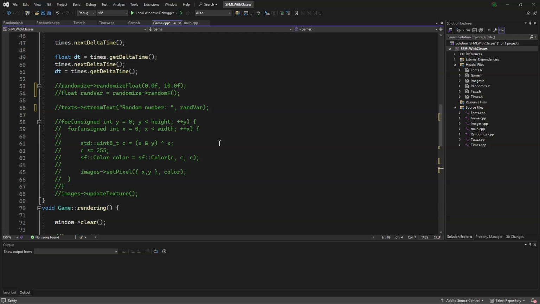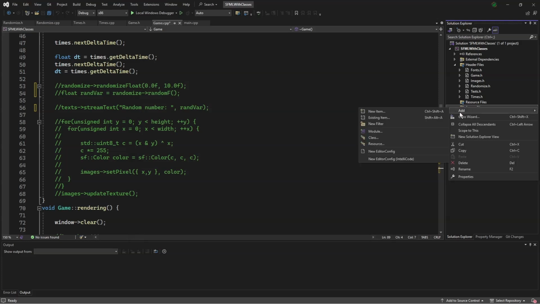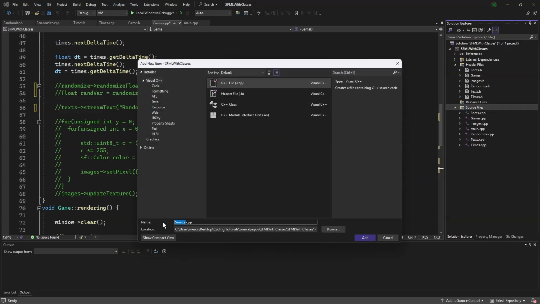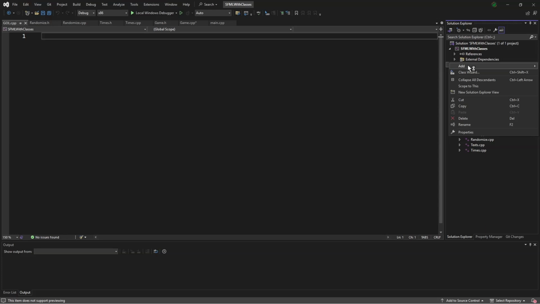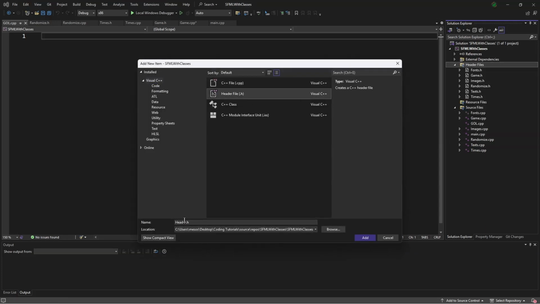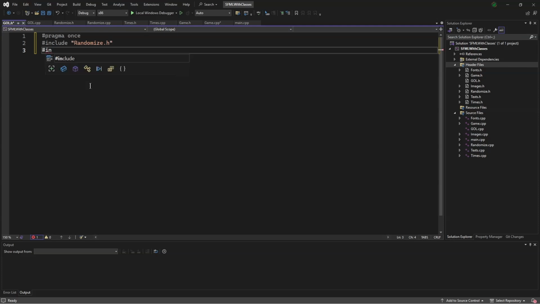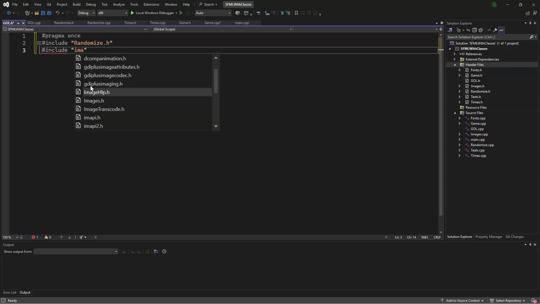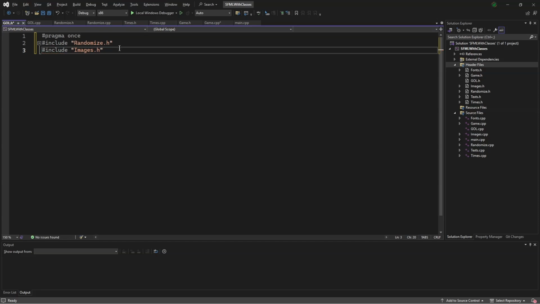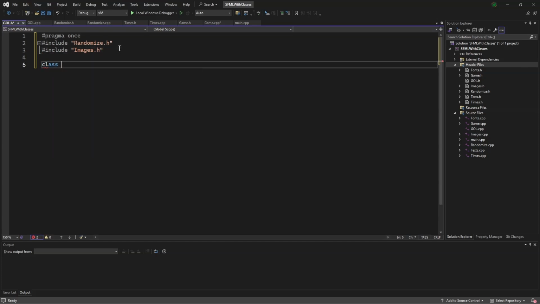Today, we will be constructing a Conway's Game of Life class. First, we will make a .cpp file, call it GOL, all capital letters, and we'll make a header file with the same name, GOL. Here, we will #include randomize.h as well as #include images.h. We will make our class as usual, class GOL,